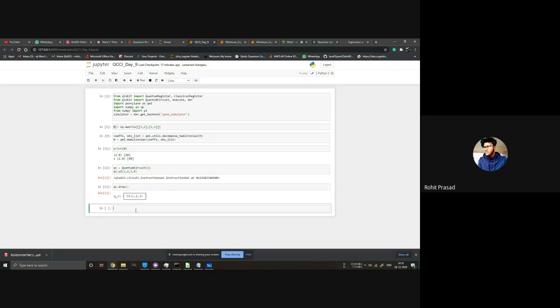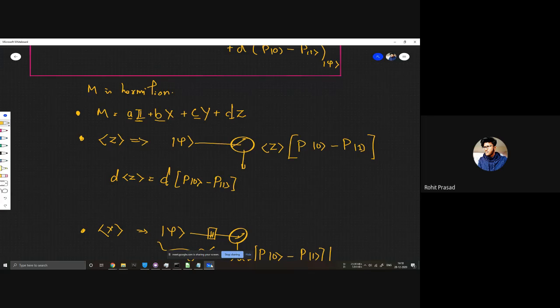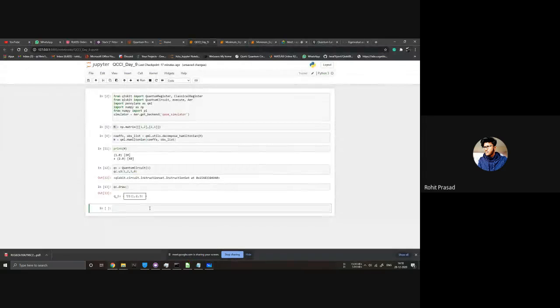Now we want to measure it for getting our expectation of Z. To do that, we just need to measure it, right? So now we define a function, let's say measure z, and we give it our QC. And in this, we do QC1 is equal to QC dot copy.